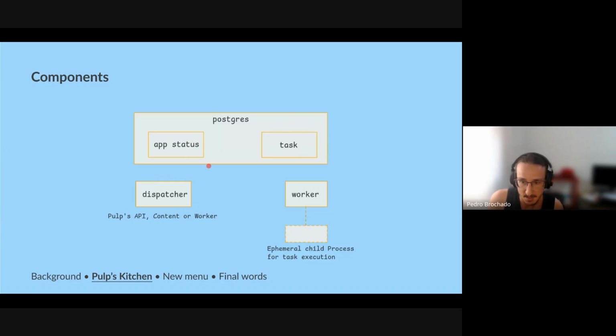App status is the record that represents a Pulp component, the API, content, or a worker, and it's where the heartbeats of those components are saved, so we know whether they are alive or not.